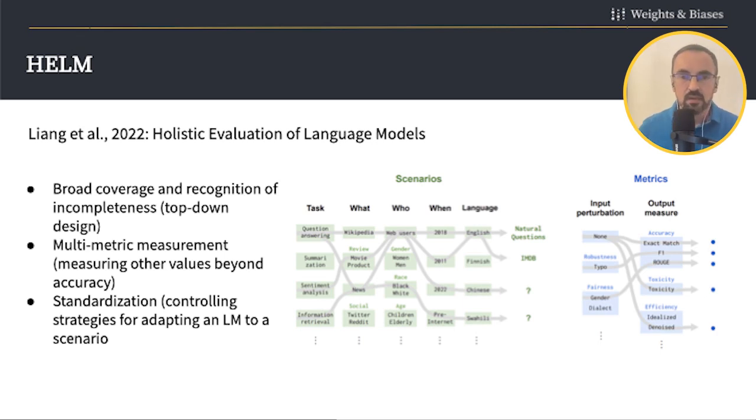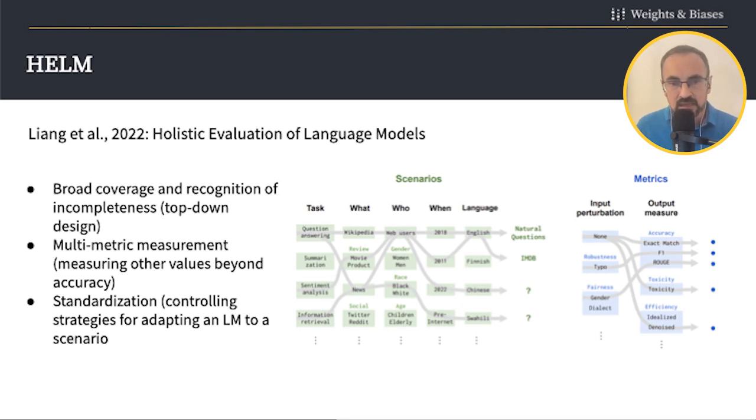It covers a large number of scenarios. A scenario is defined by a combination of a task, like question answering, summarization, or sentiment analysis, and a certain data set, like Wikipedia articles or movie reviews. There is a set of users where this data set is coming from. This might be web users, there might be specific genders represented there, specific ethnicities, ages, and so on. The data set is also coming from a certain period and comes in a given language. Actually, HELM recognizes it is focused on the English language, and it recognizes this is one of the gaps. It does not cover languages beyond English.